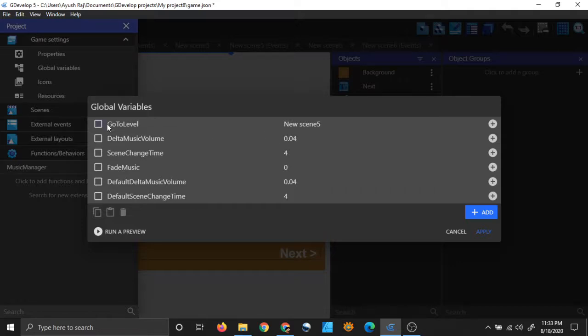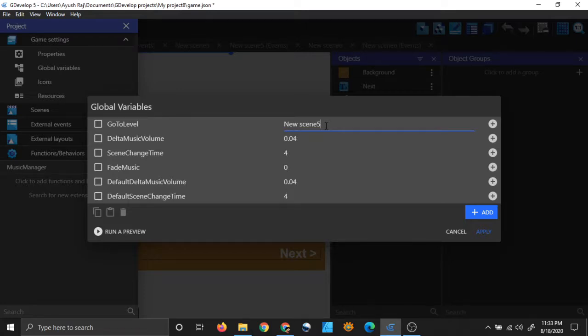Maybe this first one, go to level. This is a variable that simply tells your game which level to go to next. In my case, I have new scene 5, new scene 4, new scene 6. So I have written the name of new scene 5 by default. You can put other scene names.